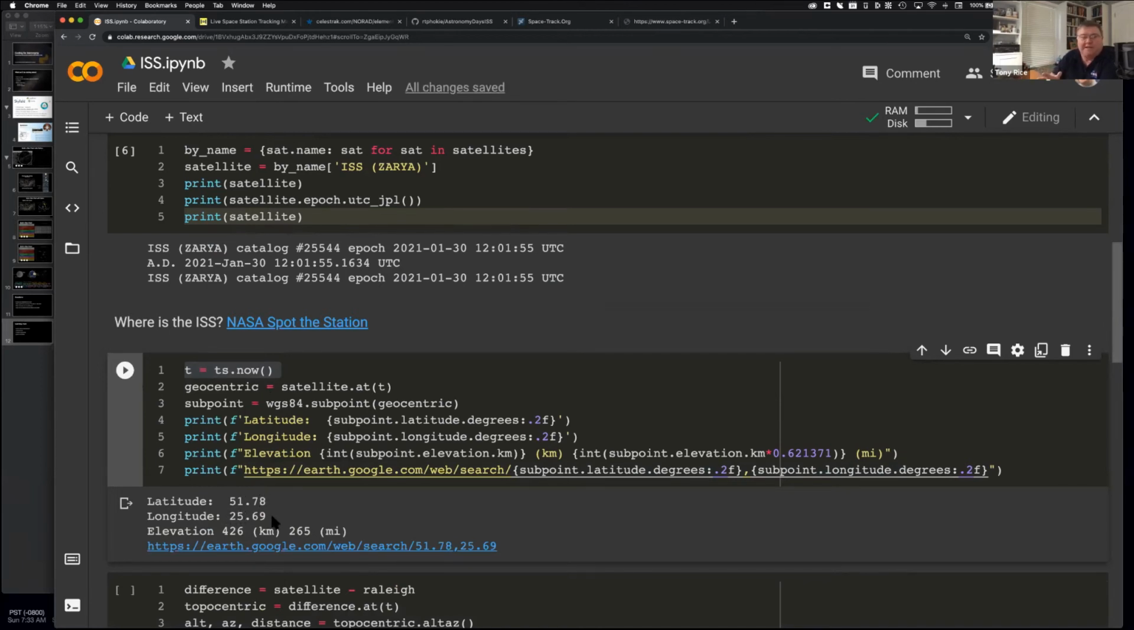And just by looking at these numbers, I know I'm probably on the right track. Positive latitude means we're in the northern hemisphere. Positive longitude means that we are east of 0, which is UTC, which is close to London. And hey, it's 265 miles above the Earth. That means they've reboosted recently. So let's take those numbers and let's